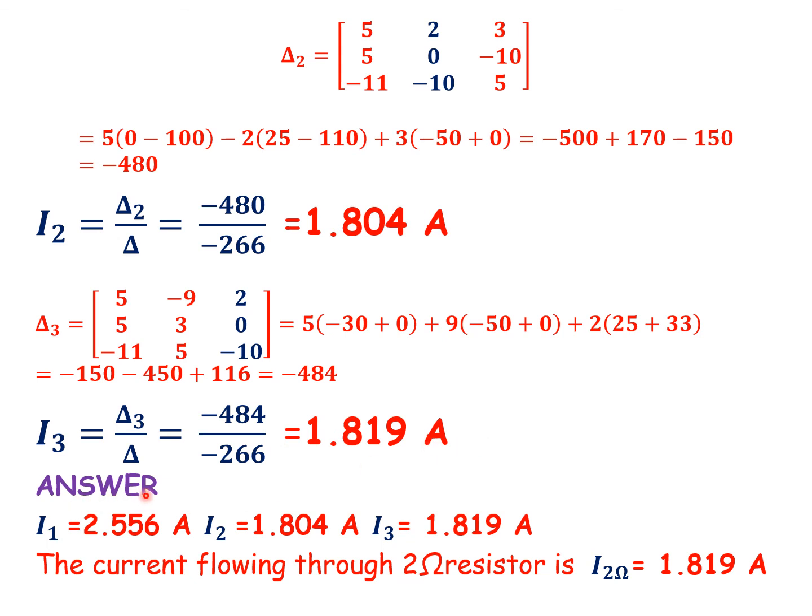What is the answer? I1 equal to 2.556 ampere, I2 equal to 1.804 ampere, I3 equal to 1.819 ampere. The current flowing through the 2 ohm resistor is I3. That is equal to